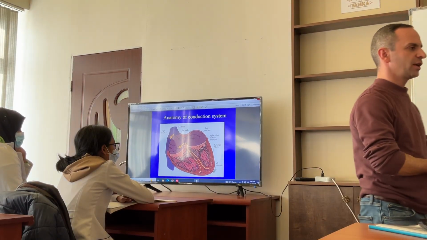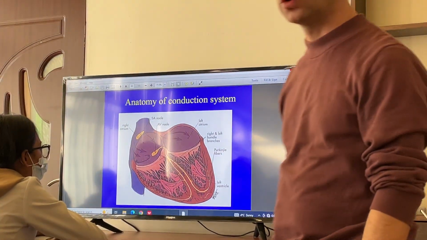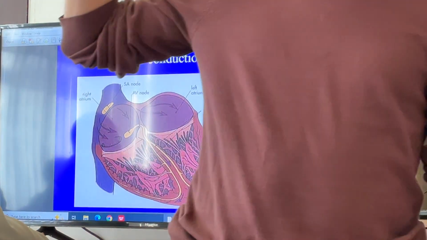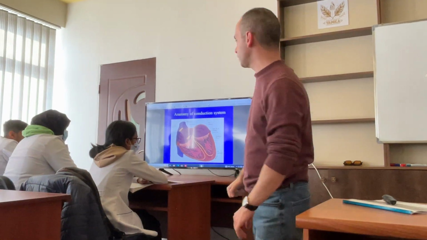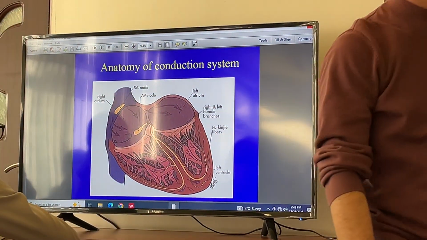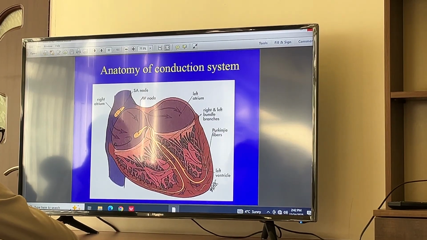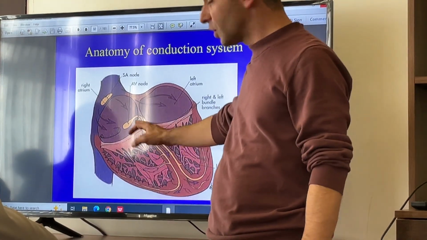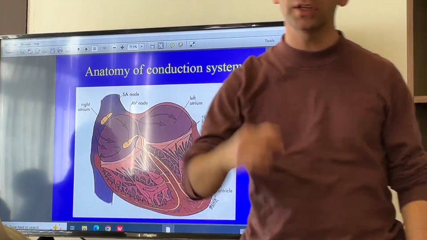The heart conduction system, anatomy, consists of nodes and pathways. We have two nodes, SA node and AV node. The SA node is localized in the upper part of the right atrium, subepicardial. The AV node is localized between the atria and ventricles on the right side of the interatrial septum. From the AV node starts the His bundle, which then goes and is split into the branches. Accordingly, the right goes to the right ventricle, the left goes to the left ventricle. Left also has anterior and posterior